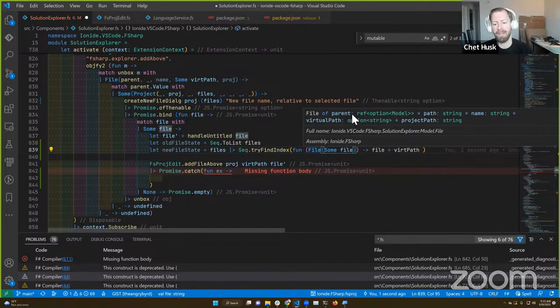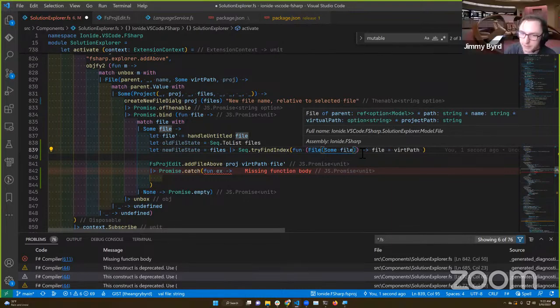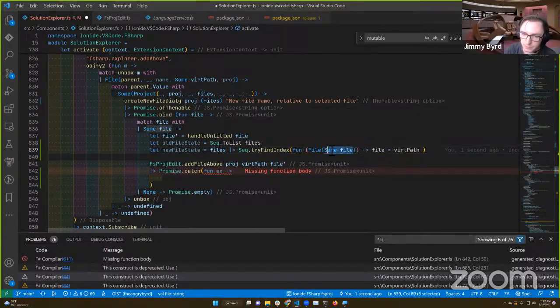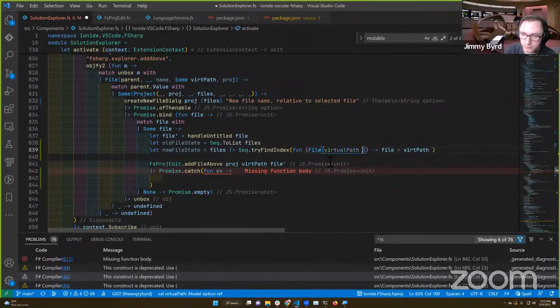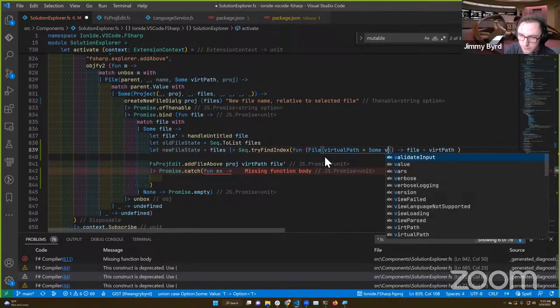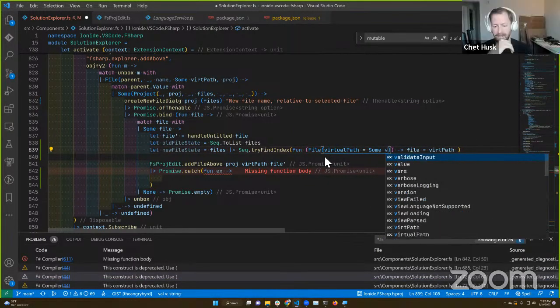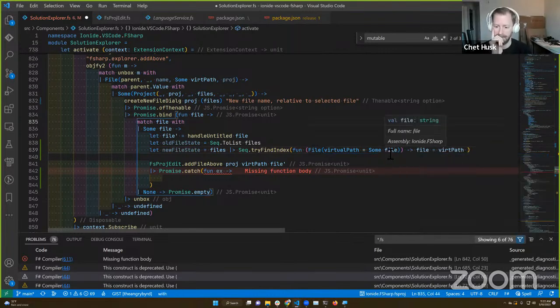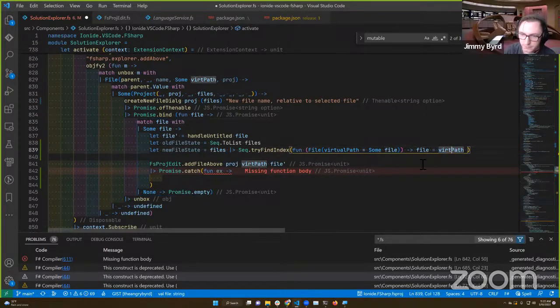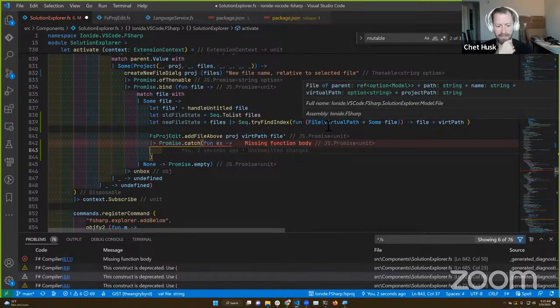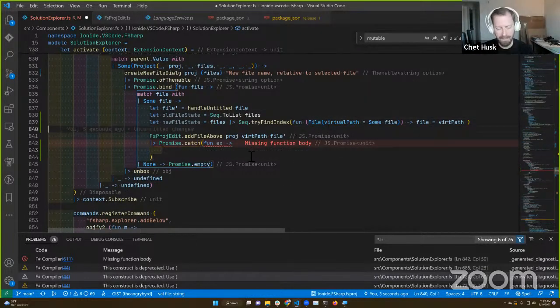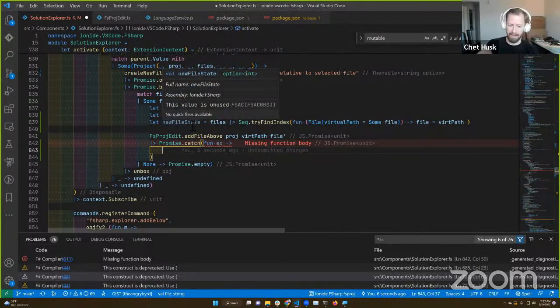I see what it was. You were binding to the parent. You don't want that. You want to explicitly pull out the virtual path. Oh, that's right. I have multiple things. So this is a virtual path. And then you'll do VP equals virtual path or whatever. Great. So this will blow up for non-standard things, but it's fine for us to test the concept. So that's the index of the file that we are adding above.